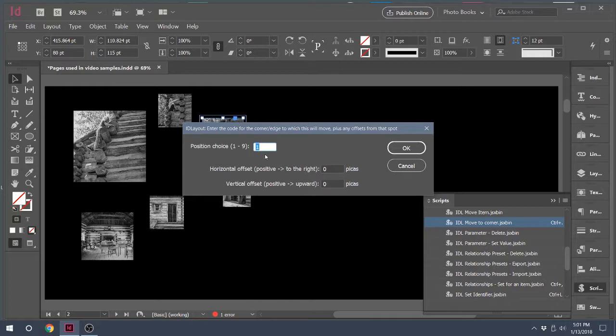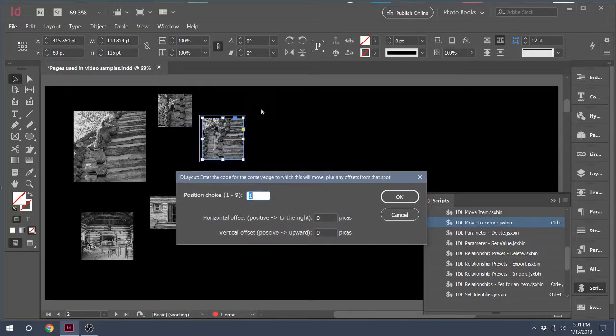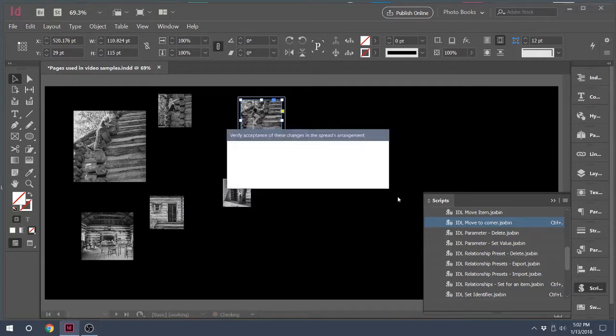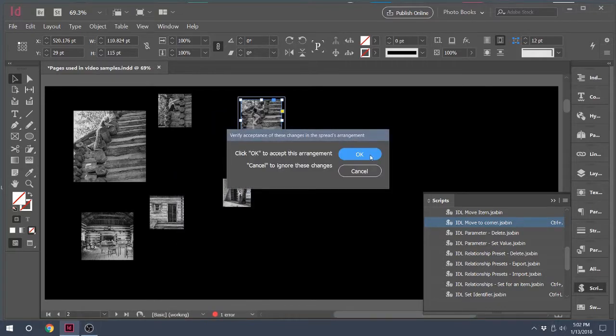The position codes correspond exactly to the positions of the keys in the numeric keypad. So if you want to put Helen in the upper right corner, if we want Helen to go up here in the upper right corner, wherever that is, up in here somewhere, then we want to put the upper right corner number of the keypad into here, which is 9. So if I type 9 in here and say OK, then Helen moves to the corner, and I like that